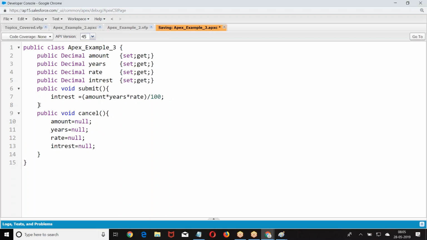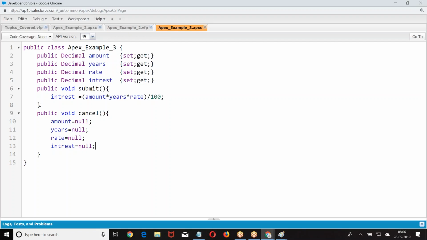This is how we are taking amount, years, rate, interest. Calculate the value and display the value. So this is the final Apex class that we have defined.